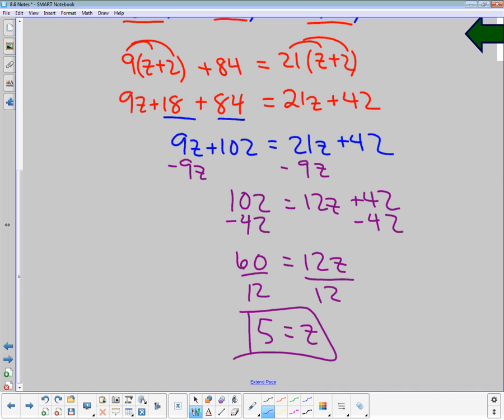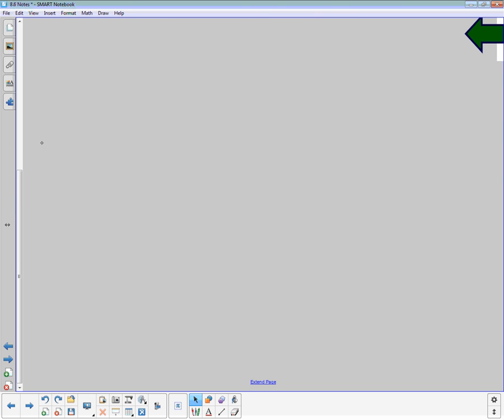So the first thing that I did, let's just recap that. The first thing that I did is I found the LCD. Once I found the LCD, I gave all of them common denominators. Once I gave them all common denominators, I only needed to look at the numerators and solve for the missing variable in the numerator. Okay, so let's try another one together. I'm going to look at number 3. In number 3, I have,